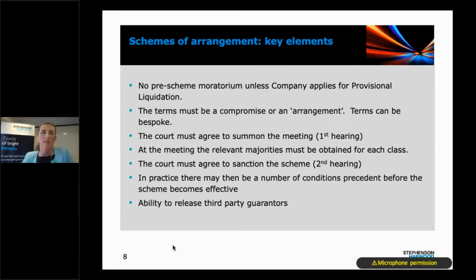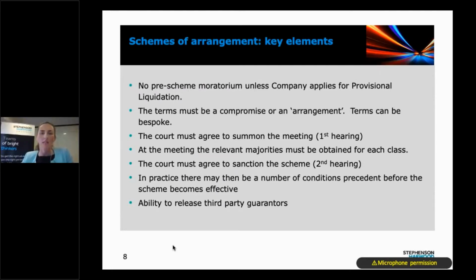So the first point I have is there's no moratorium or stay under this process. So if you think there's going to be a troublesome creditor who seeks to wind someone up, then there's two options. You can engage with them to see if they're interested to enter a standstill agreement. One of the motivations for a standstill is you can offer them an incentive fee, say 1 or 2% of their debt, that they will get paid if the scheme is successful from signing up early to a standstill, agreeing not to take action. These are used quite commonly.